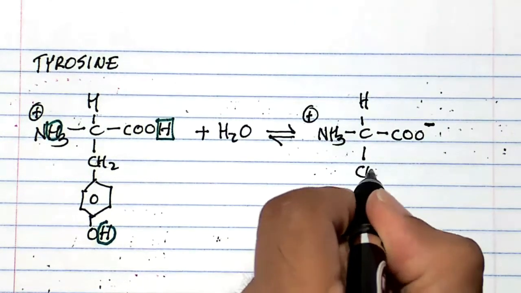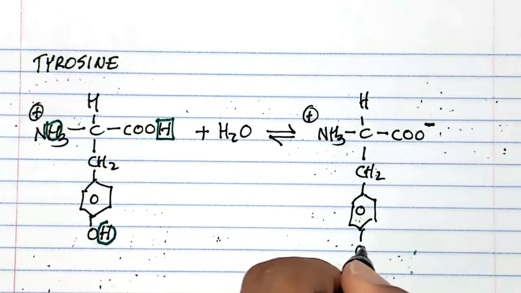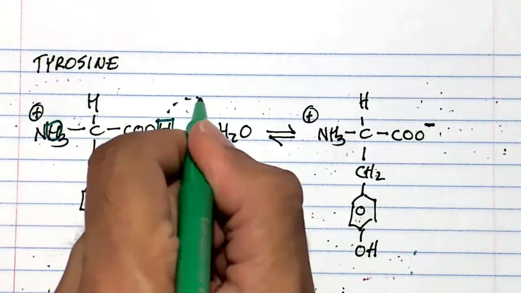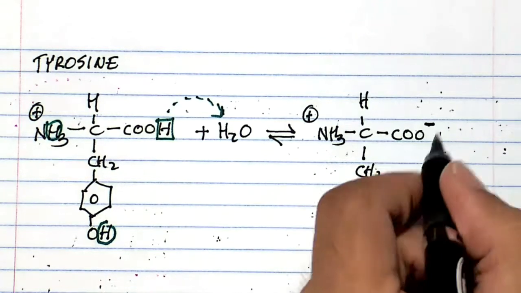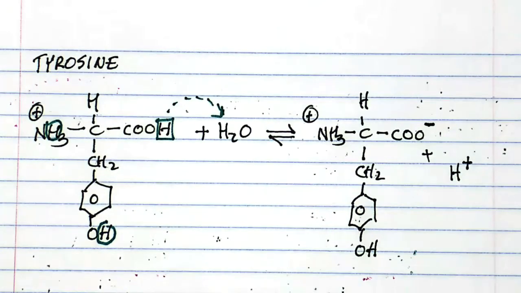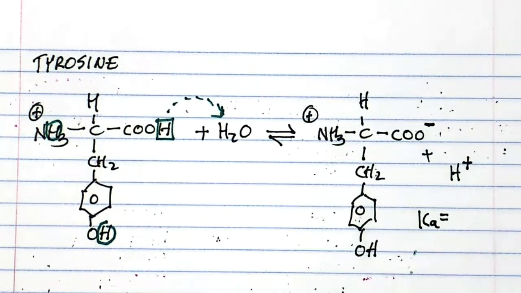And then our side chain is here. And you will also get H plus, or H3O plus. So what is the Ka for this reaction? If you look it up, the Ka is going to be around 6.31 times 10